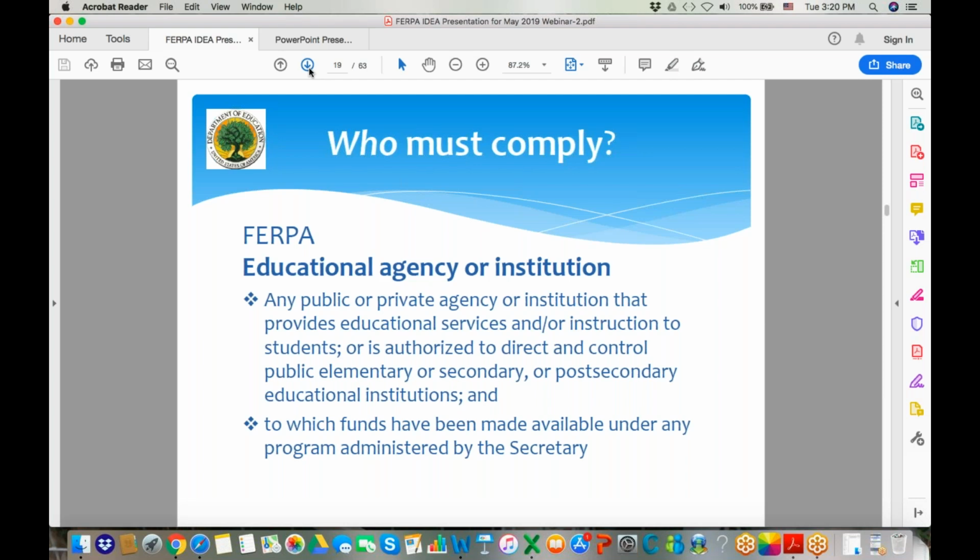It gets a little trickier, and not so much in this place, but for the post-secondary arena, because almost all the private universities do participate in federal student aid, which is the biggest funding stream from our department. So a university may be a private university, but they're receiving federal student aid, so they would then have to follow and comply with FERPA as well.